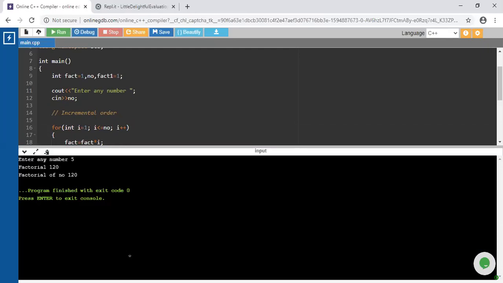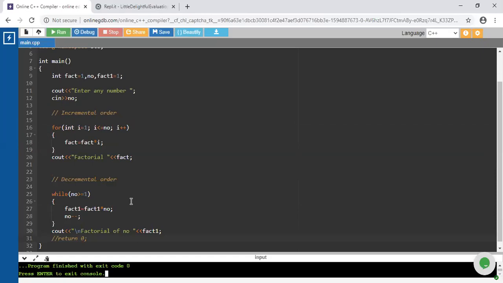But the basic logic with respect to the main function is that if we are using any data type, like integer, float, double, in that case we have to return something. Okay, so this is the basic rule, guys. But if you don't want to return anything, then just use void, because void is nothing but it cannot accept anything from that particular function. And main is nothing but the main function of that particular program.